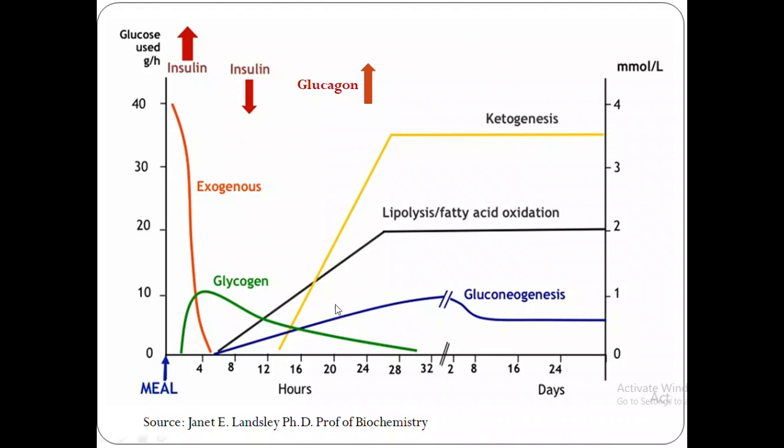By the day of fasting, that is 24 hours, essentially no glycogen is left in the liver, and we become totally dependent on gluconeogenesis to supply blood glucose. If the fast continues 1 to 2 days, then